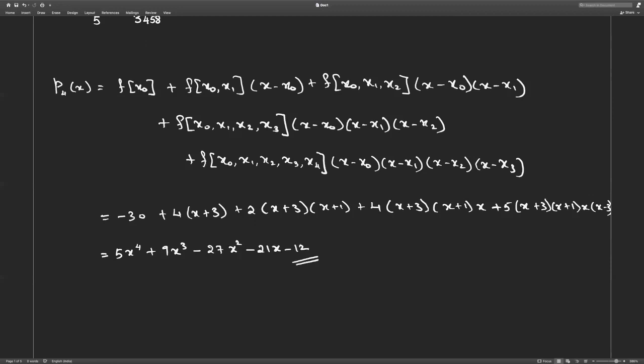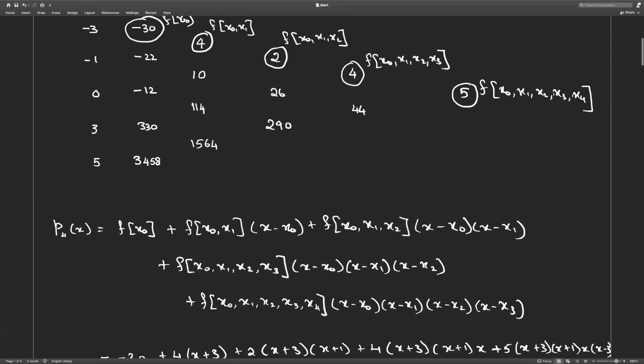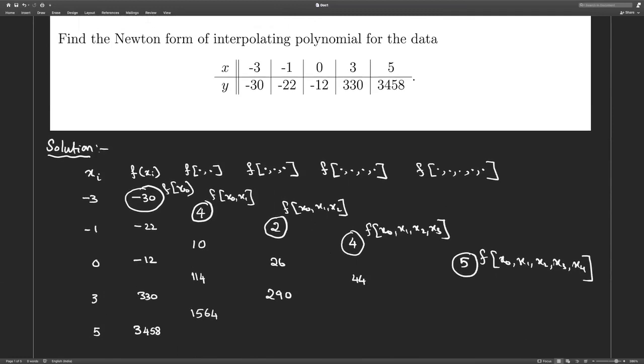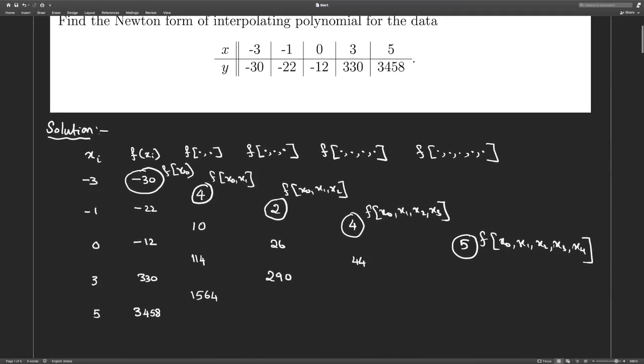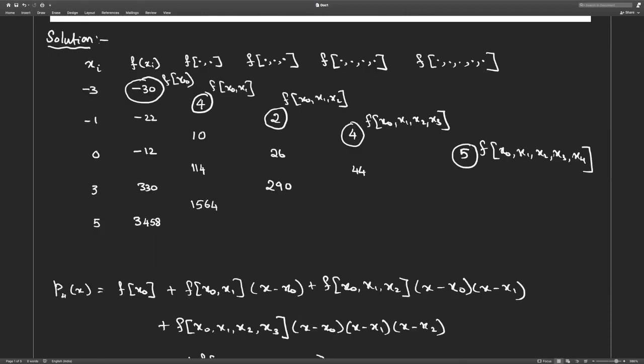And that is the answer. So if I ask you to construct the Newton's form of interpolating polynomial for a given data, you have to construct the divided difference table. There will be some weightage for this also. On the other hand, if you directly compute these coefficients, then those partial marks you may be losing. So better, when I ask you Newton's form of interpolating polynomial, you construct the divided difference table, and from there you circle like this those entries which you are taking into your polynomial,